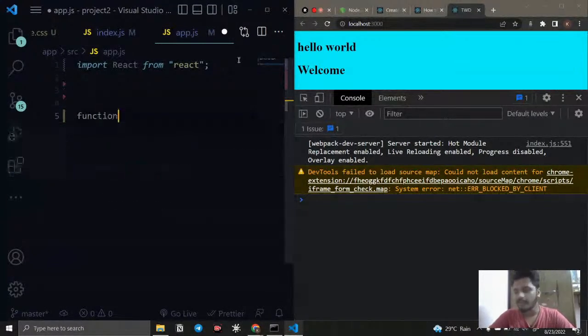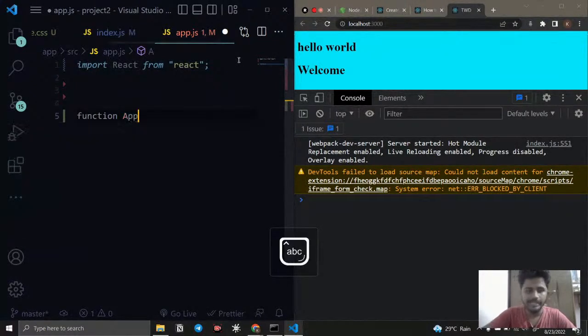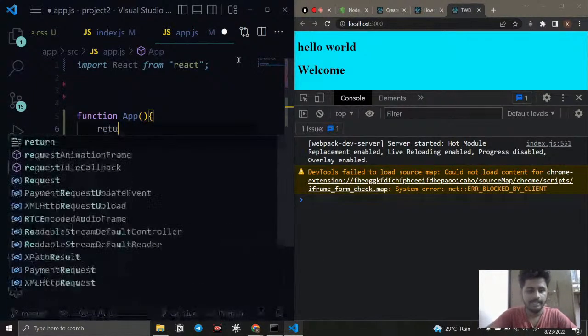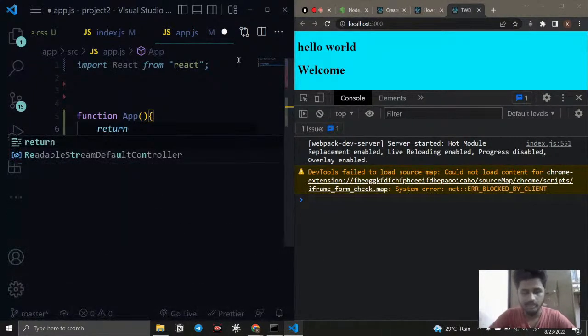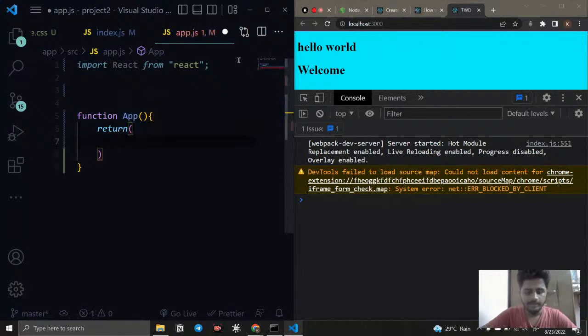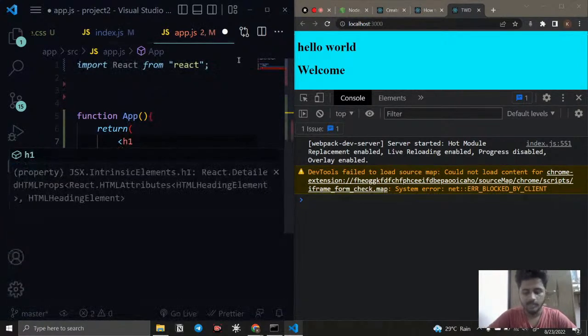Everything is a component, and you will see some different changes here. I'm going to create a function and name it App, open the curly braces, and say return, and write something like this: h1